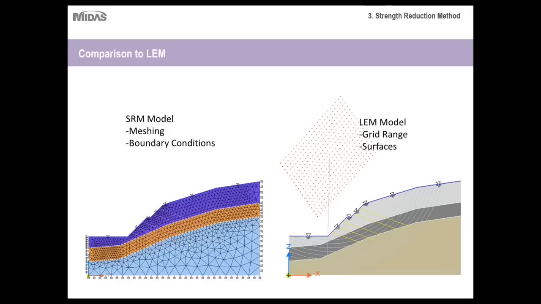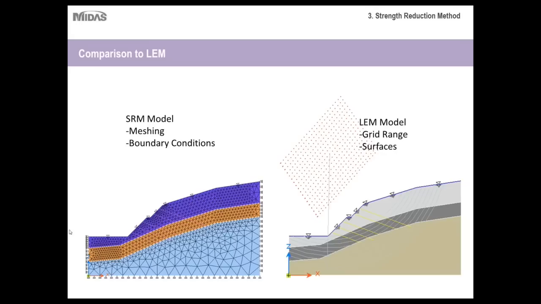Whereas as you go farther away from the slope, the elements become larger, because these areas really aren't as much of interest as this area. It's really this area that's going to fail that you need to support for. But anyway, going back to the comparisons of these two models themselves. As you can see, the strength reduction model is done in finite elements, so you need to create your